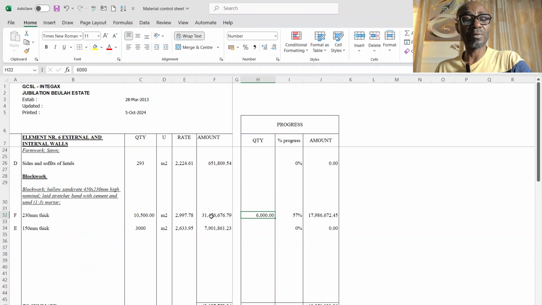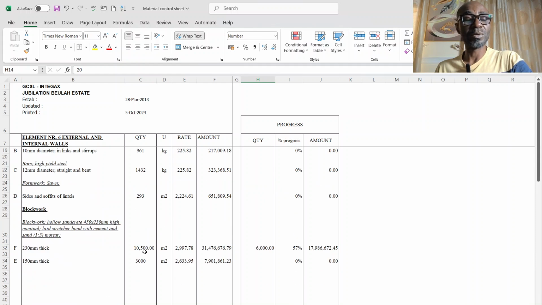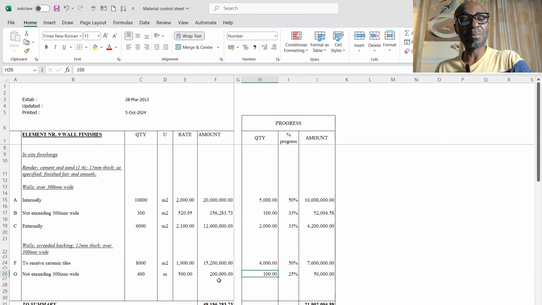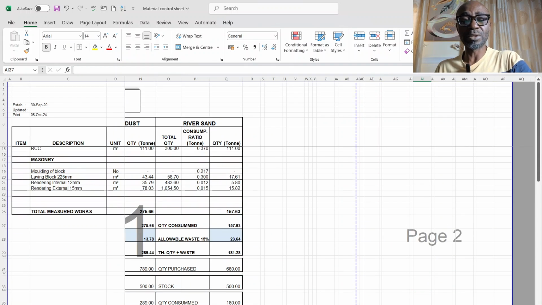Then for external, for lintel beam, we have 80 to be done on the project, while 20 has been done. For block work, we have 10,500 and 6,000 have been done. Then plastering, we have 5,000 that have been done as against 10,000, 2,000 as against 6,000, 4,000 as against 8,000. So, this H column has been linked to my analysis sheet, which is the material control sheet. The material control sheet,